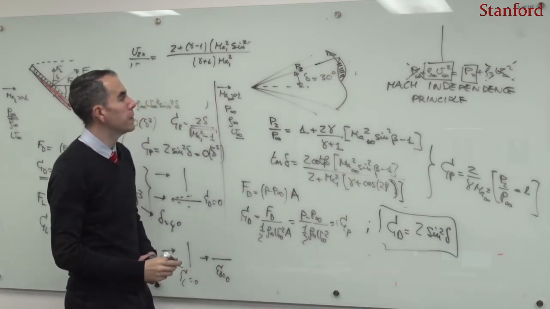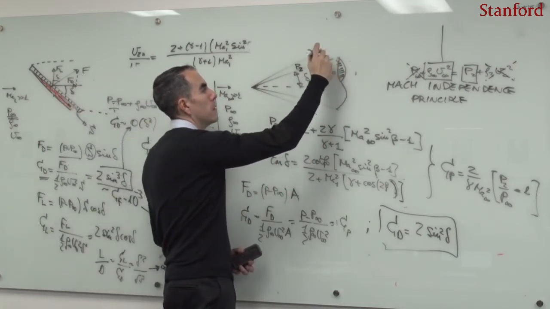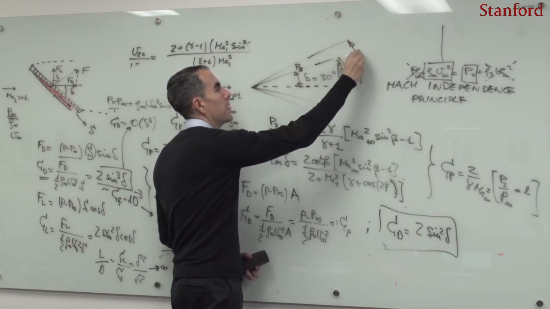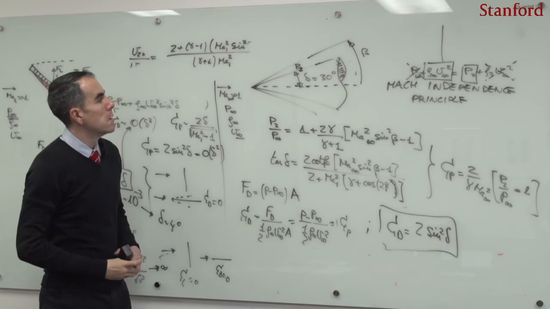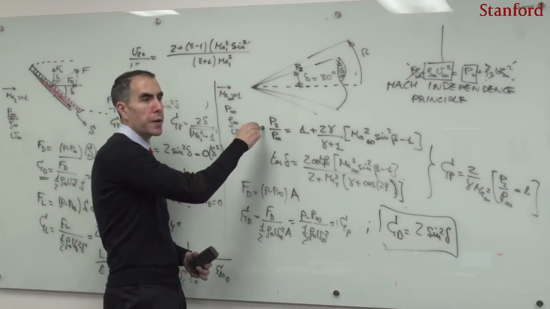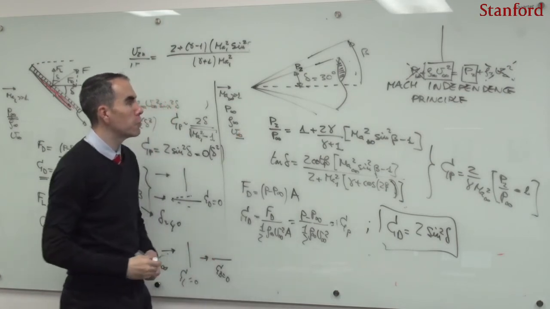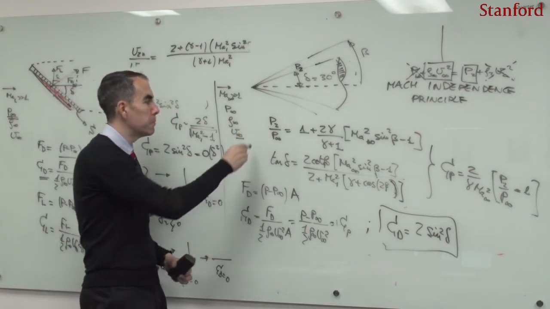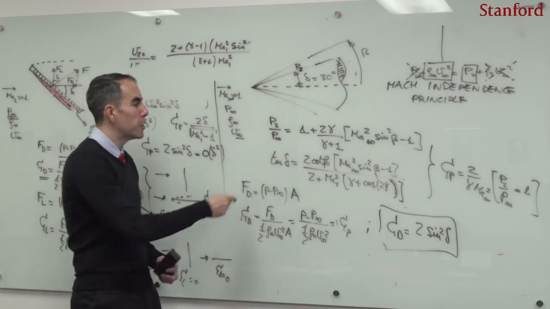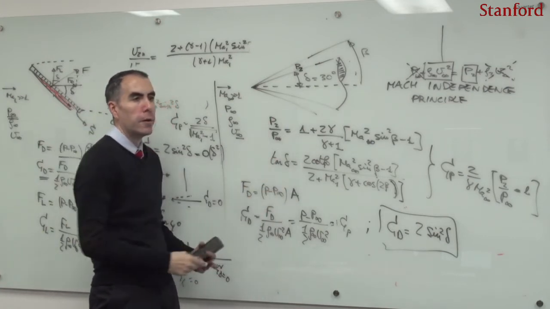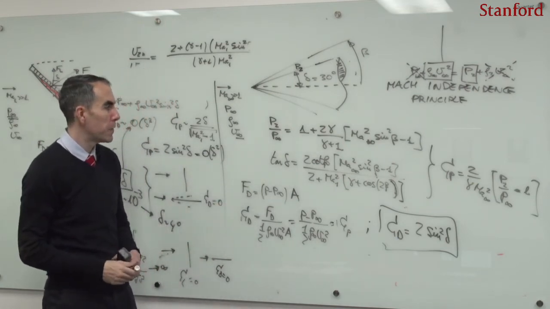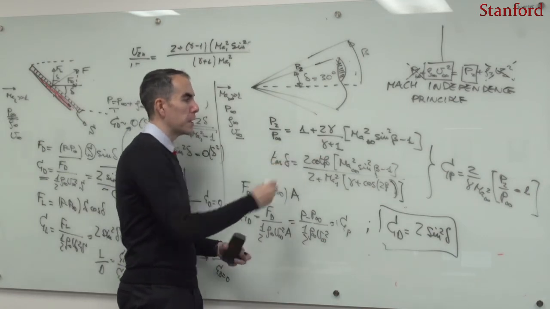If I have a cone there, still this is going to be beta. Well, this expression here for the Rankine-Hugoniot jump condition for the pressure is going to be valid. But even though one would be tempted to solve the problem similar to this, and disappointingly one would arrive at the same solution as the solution of a wedge, the problem of the cone is very much different than the problem of a wedge.